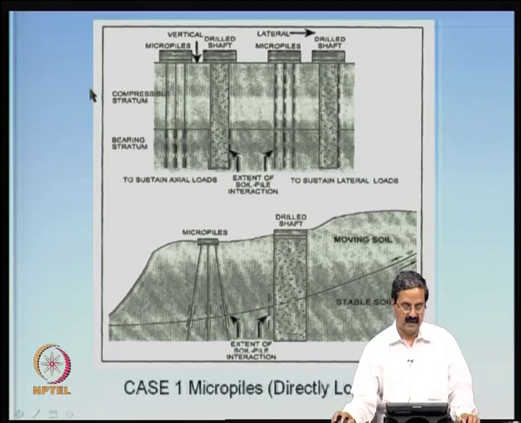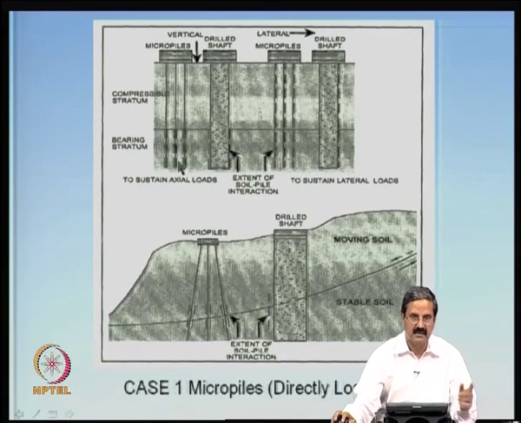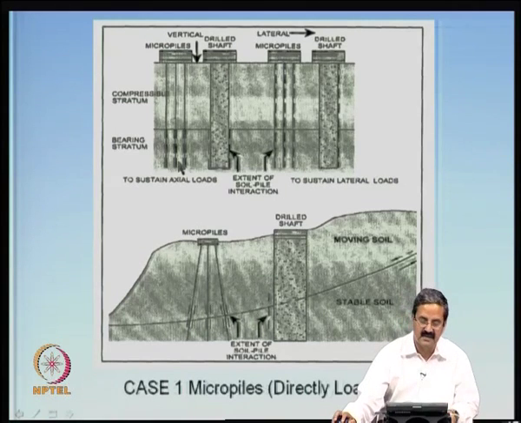So the basis of this design is the pile soil interaction here, and this is a compressible strata. This is a reasonably good bearing strata. Instead of this big diameter pile, you have small diameter piles like this, and the bearing resistance or the shaft resistance because of this small diameter is sometimes equal or more than what you get from here, which means this is going to be much simpler.